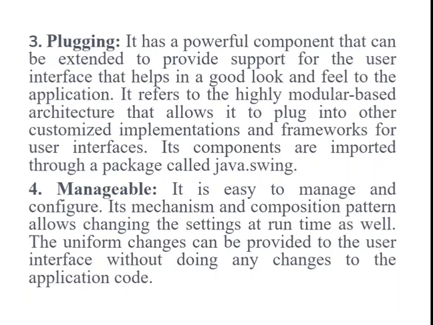Let us consider the program. Import javax.swing. Public class example, include public static void main string args, that is the constructor used to represent the JButton class. Then next one is JFrame a is equal to new JFrame example, that is we are creating the frame with the name of example. Then JButton b is equal to new JButton click me, that is we are creating the button of name click me. Then b dot setBounds 40 90 80 20, we are setting the bounds.